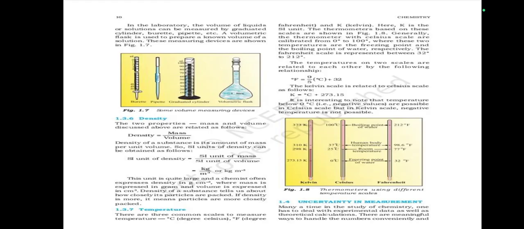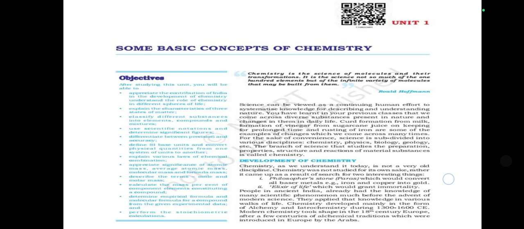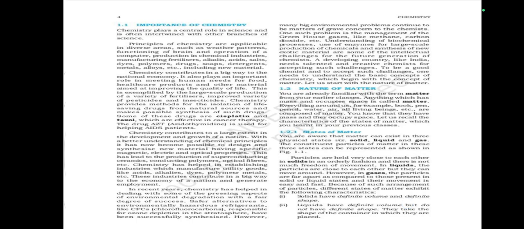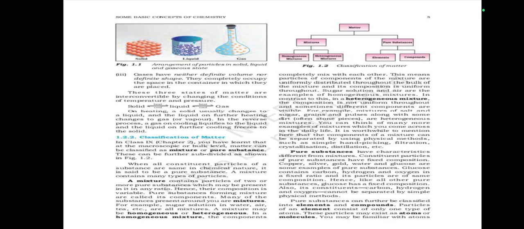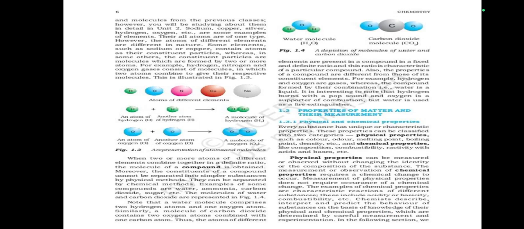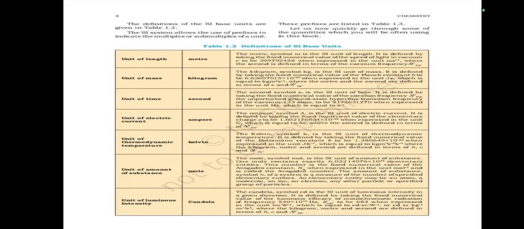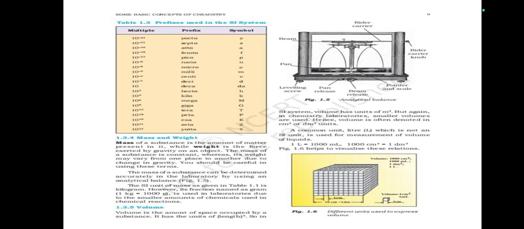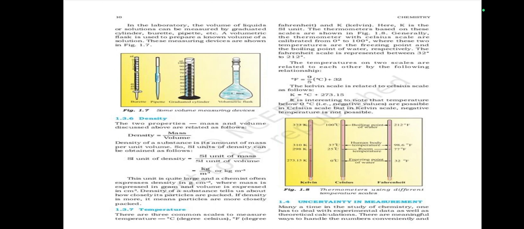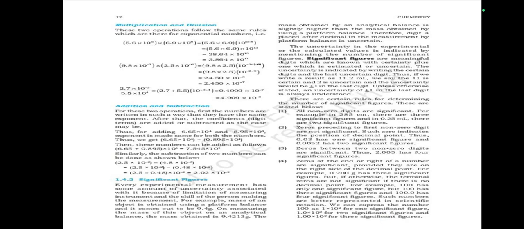Some Basic Concepts of Chemistry is Unit 1, in which we have seen: development of chemistry, then importance of chemistry, nature of matter, states of matter, classification of matter, then properties of matter and their measurement, physical and chemical properties, measurement of physical properties, the International System of Units, SI units, prefixes used in the SI units, mass and weight, volume, then density, then temperature, then uncertainty in measurement, then scientific notation, then multiplication and division, then addition and subtraction, then significant figures